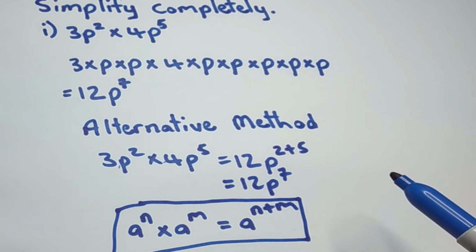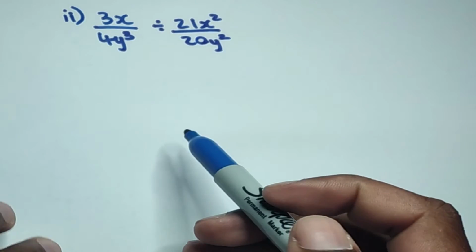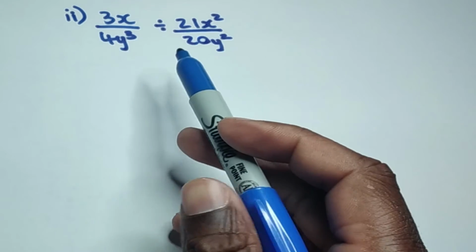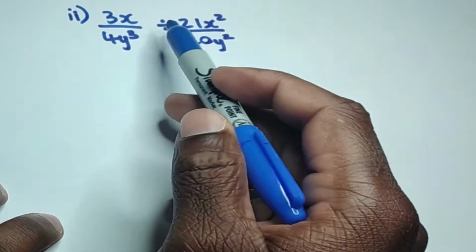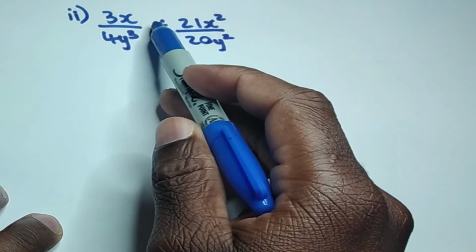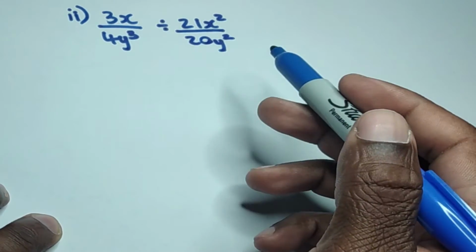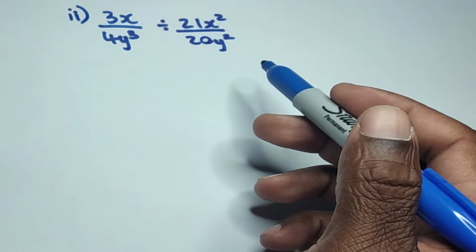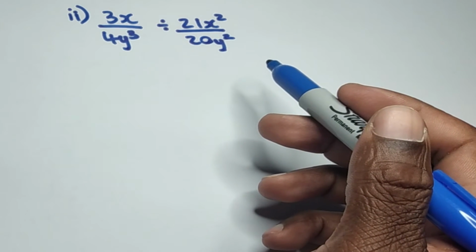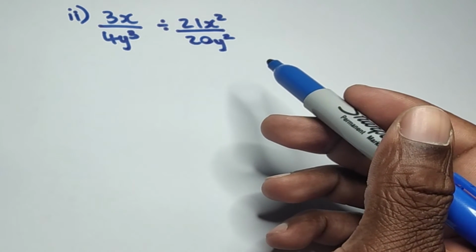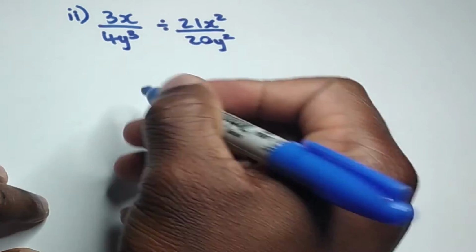All right, now let's look at part 2 of the question. All right, so this is part 2, and now we're required to simplify completely 3x over 4y cubed divided by 21x squared over 20y squared. All right, so how do we go about this thing? All right, now here we have some fractions, and a key thing when dividing fractions, what do